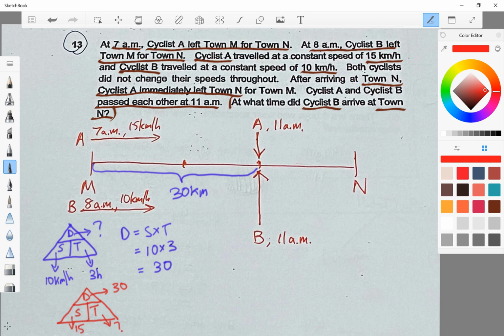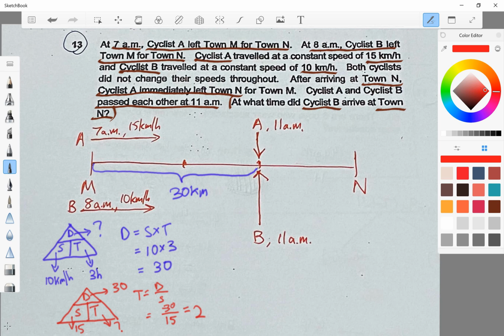As for the time, it will be a question mark. So time is equals to distance divided by speed, which is 30 divided by 15. And we know that if we use 30 divided by 15, it will give us 2. Which means that if cyclist A started at 7 AM, cyclist A would have actually passed by the location